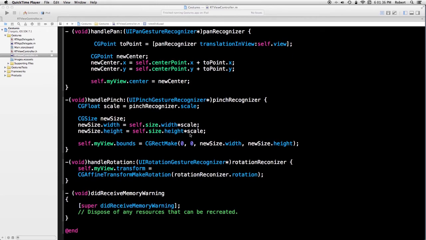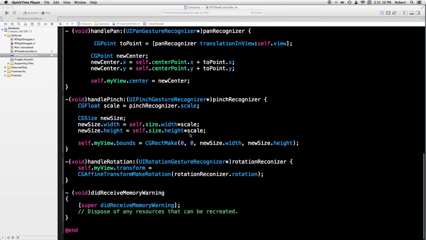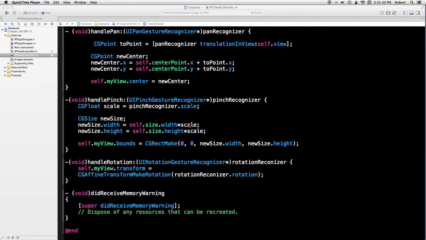The pinch is based on a scale factor. In other words, when you touch down your 2 fingers and you move them apart, if you move them twice as far apart, you have a scale of 2. If you move them half as far apart, you get a scale of 0.5, or you can go the other direction. And I calculated a new size for the view